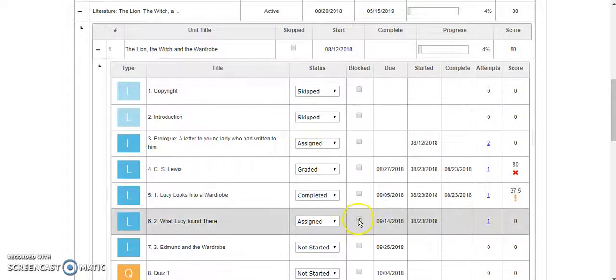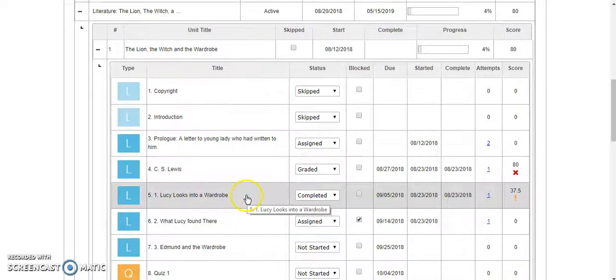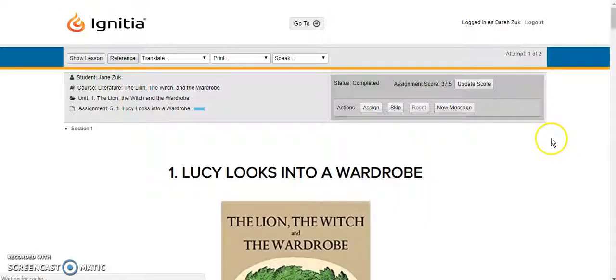But you'll notice that I've actually manually blocked all the kids from going into this chapter 2, because we want them to have kind of a book club as we're doing this book together, and they're really anxious to see what happens next, so they just keep going. I've manually blocked that and asked everybody to be on the same page Monday when we get to school, so we can talk about chapter 1. But they have already done the work in chapter 1, so we're going to go look at that.